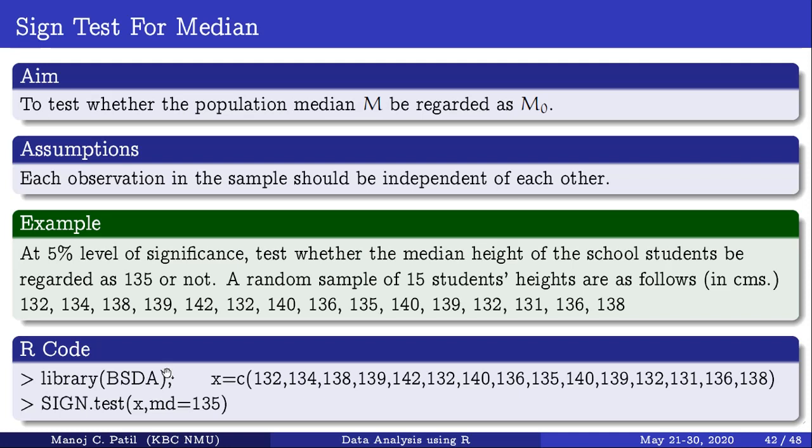So we have to install the BSDA package, import that library, and then x is equal to, put all variable values here, and just sign.test(x, md = 135), that's the median. Same as the t-test, we have t.test(x, mu = whatever that is). But here the small change is we need the package BSDA.